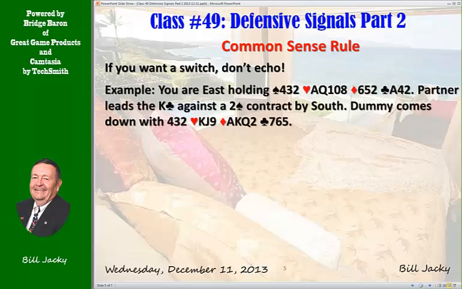So let's look at an example. You are east. This is your holding. Partner leads the king of clubs against a two-spade contract. Dummy comes down with ace, king, queen of diamonds, and king, jack, 9 hearts. Well,